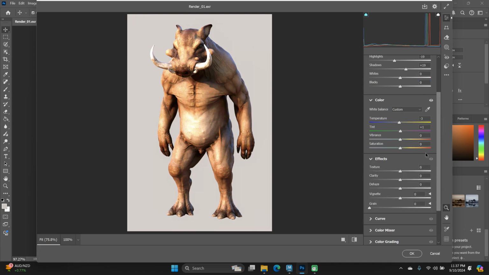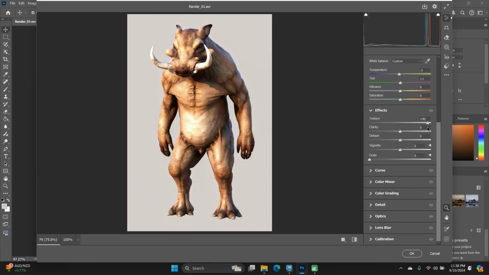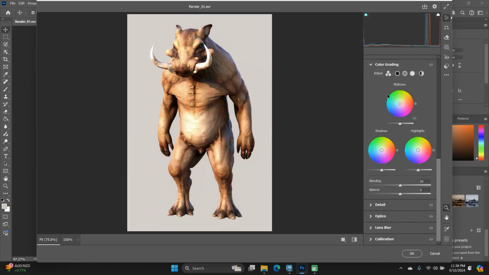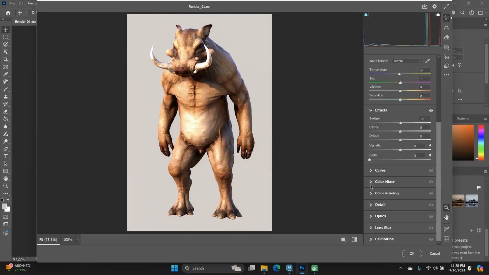Okay, and then you can work through all of these effects. Just work your way through all the way down. So if you want to make it a bit more contrasty in the textures, you can do that quite easily here. You can see it makes things pop out a lot more. But just a little bit for me, I think maybe around here. I won't go through all of these, but there's a few that you definitely want to go through, like color grading, color mixer, curves. So you want to go through lights, color, effects, curves, color mixer, color grading,